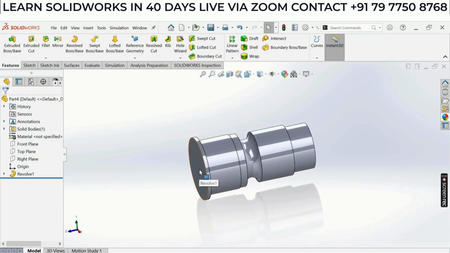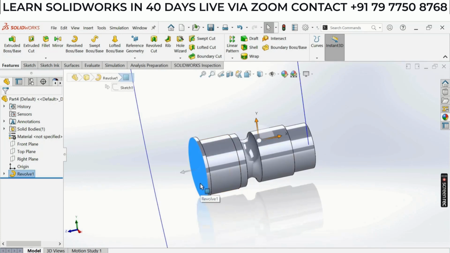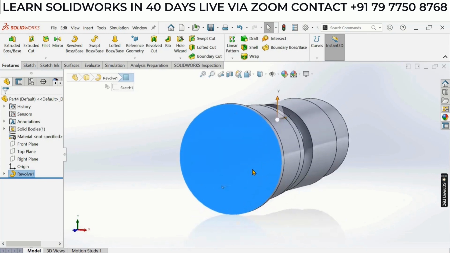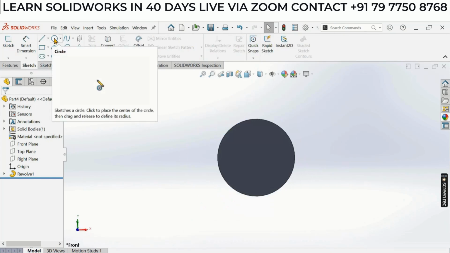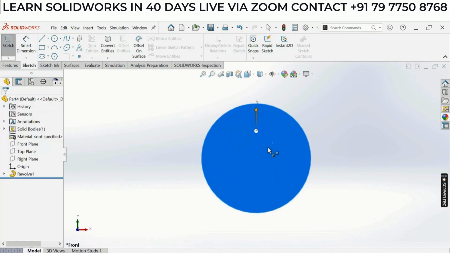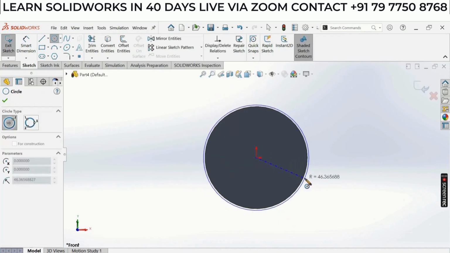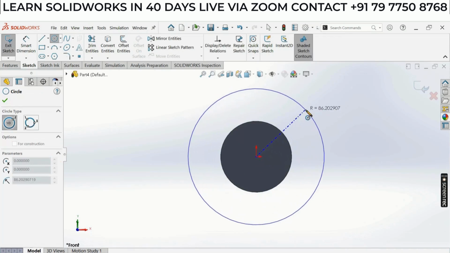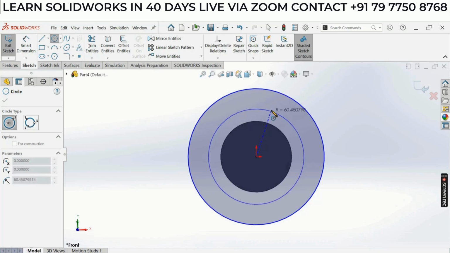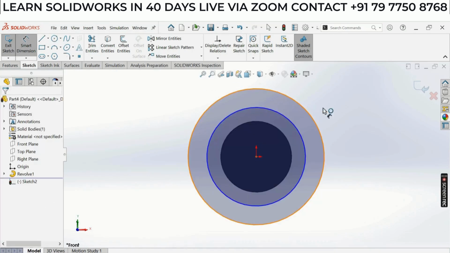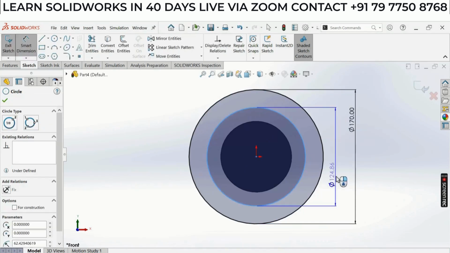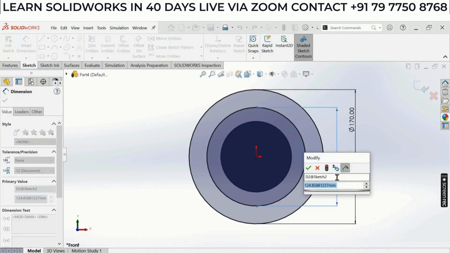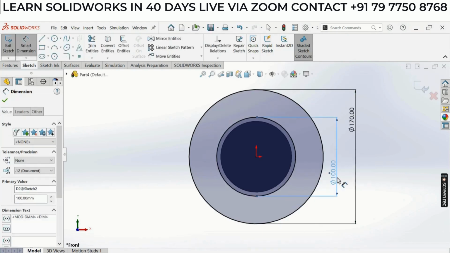Then we'll create the helical bevel here. Select this flange, say Normal To. We will create a circle, plane, center point selection, create 2 circles and give the dimensions 170, and for the small 100, and